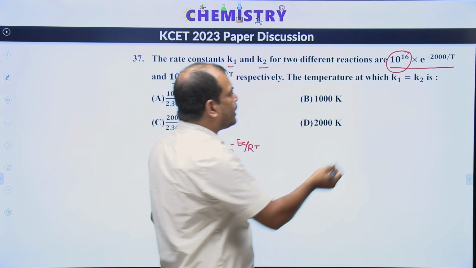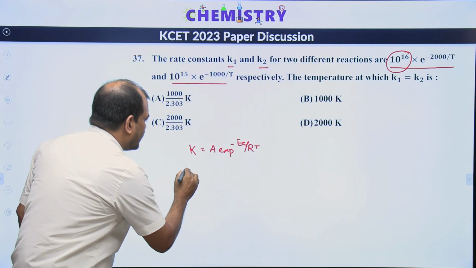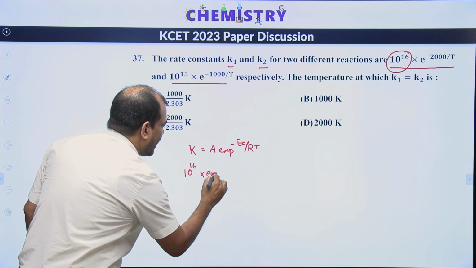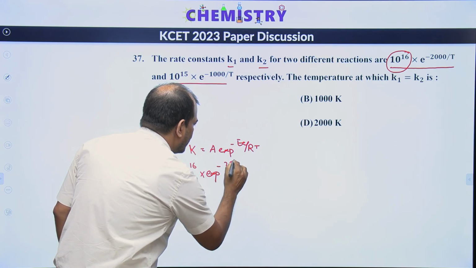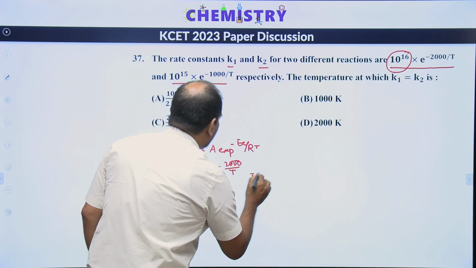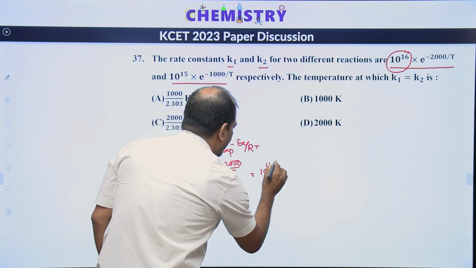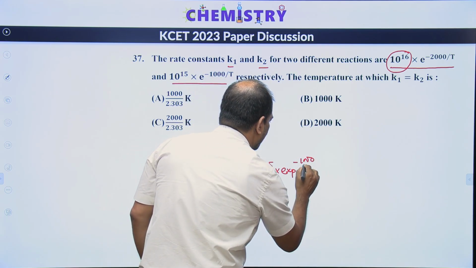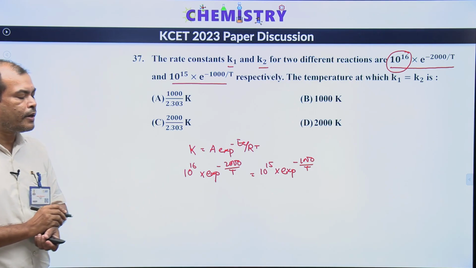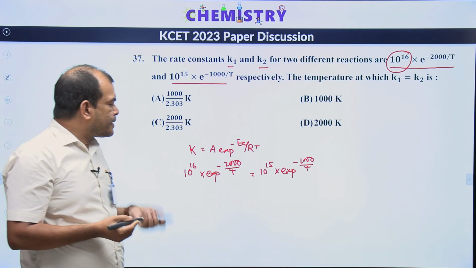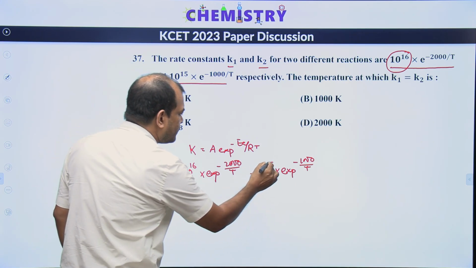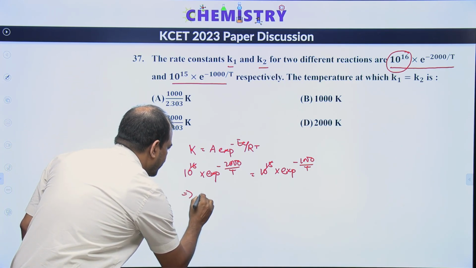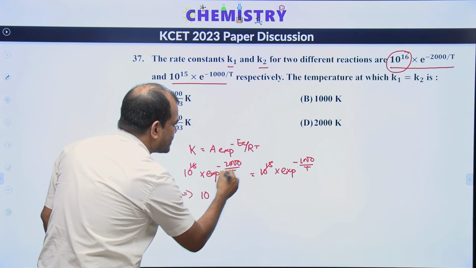Now, if K1 and K2 are the same, I can write for both cases 10 to the power 6 into exponential power minus 2000 by T should be equal to, for the second one, 10 to the power 15 into exponential power minus 1000 by T. That has to be equated because K1 is equal to K2. Now, how can we simplify this? 10 to the power 15 divided by 10 to the power 6, that is 10 to the power 9. Therefore, I can write 10 is equal to, with the exponential term going to the other side,